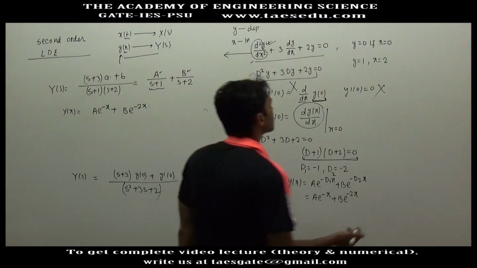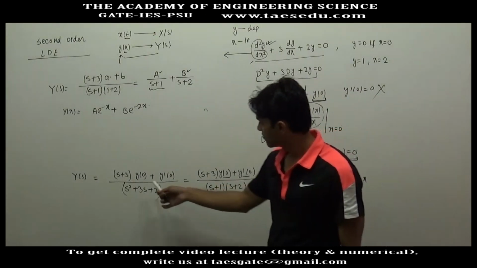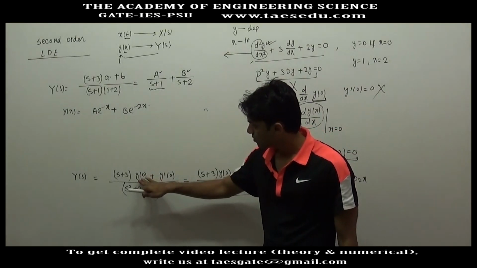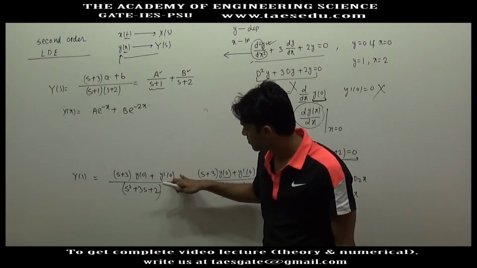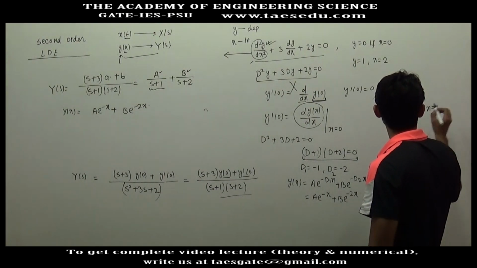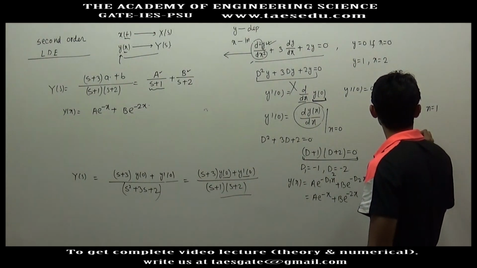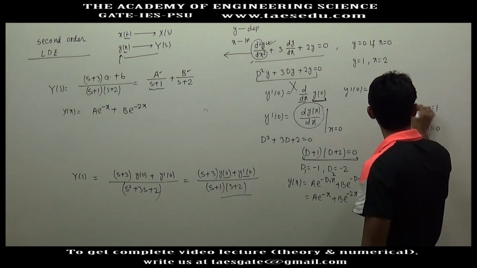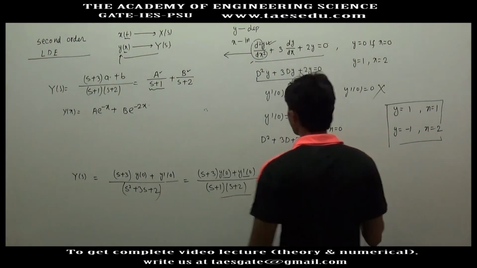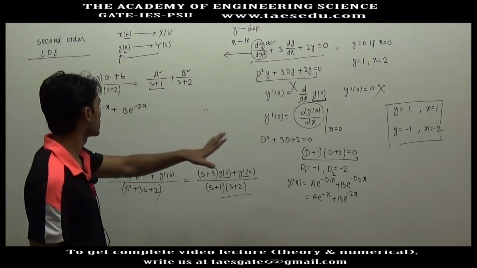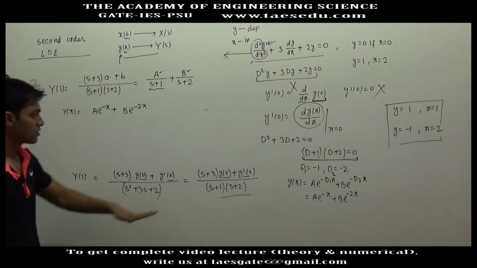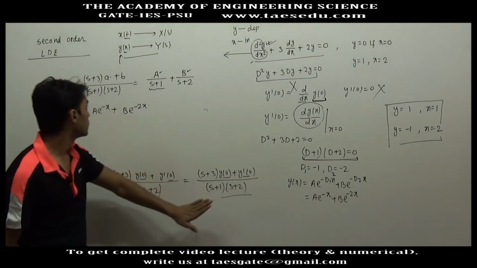In the question, it is not necessary that you will be given y0 and y dash 0. What I am saying is, the initial value of output y and its differentiation may not be given. Instead you may be given y equal to 1 for x equal to 1 and y equal to minus 1 for x equal to 0, or this is the initial situation, let's say x equal to 2. Now if you solve this question with the help of Laplace, you don't know the values of y0 and y dash 0. y0 and y dash 0 will be unknown.